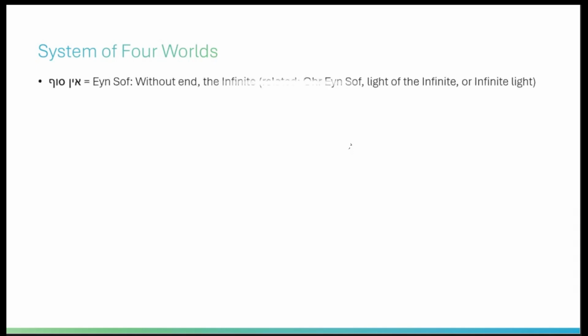All of this is going to play into the system of the four worlds. The Zohar and the Kabbalists talk in general terms of four worlds. It's possible to think of more than four, because there is a concept of the worlds of Ein Sof, an infinity of worlds that is beyond, but they're not worlds in the same way that the four worlds are. So what makes something a world deserves discussion as well.